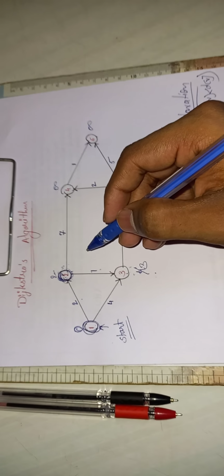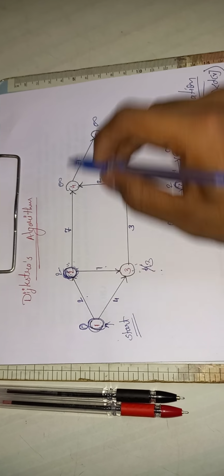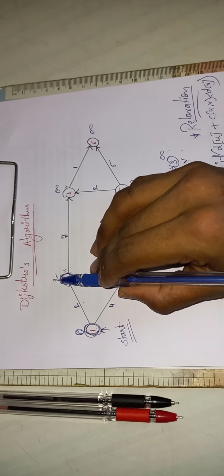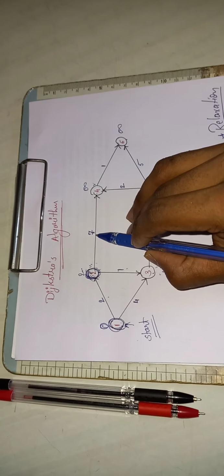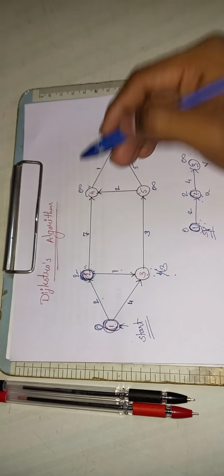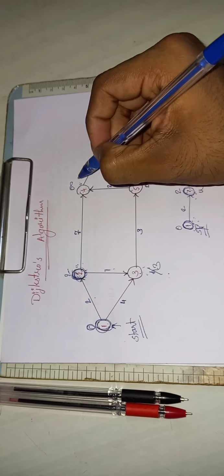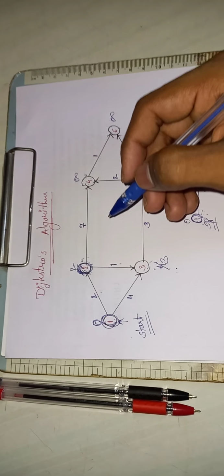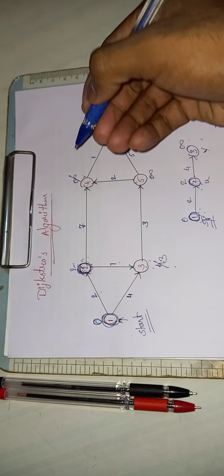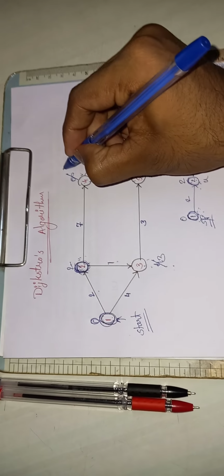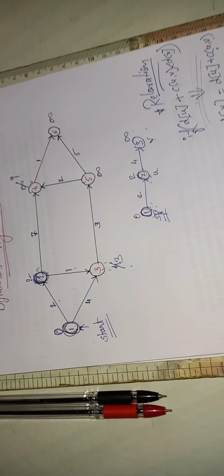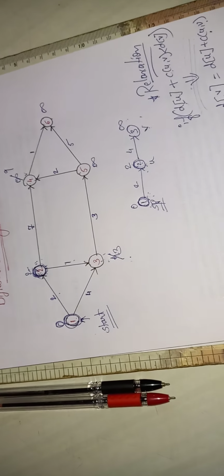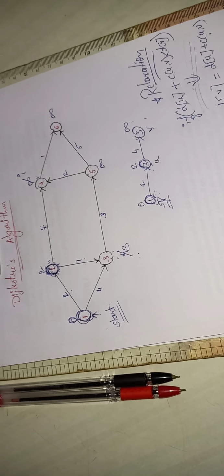Now the second connected edge, that is 7. Same way we'll consider this u and this as v. So 2 plus 7, that is 9. And is 9 less than infinity? Yes, it is less than infinity, means u is less than v. So we are allowed to make the update here. Updation means we are making relax, means 2 plus 7, that is 9. Here it is updated, means now some of the vertices are relaxed. Now there may be a possibility that not all the vertices are relaxed.